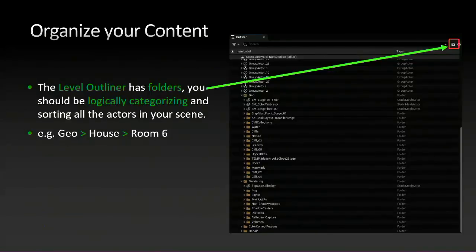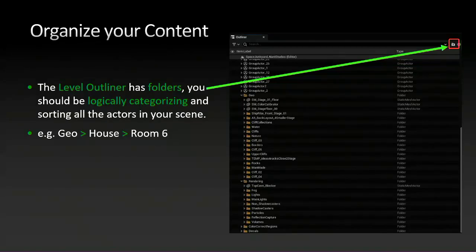Cool. So first we'll talk about organizing your content. We'll just cover this as a basis to start with before we get into more technical stuff. Because as you're working on your scene and adding more and more static meshes, more lights, etc., you're going to find it starts getting quite complex, and the World Outliner, which is part of the editor and you've probably seen before, is going to start getting quite full of stuff. But you have folders, and you can put folders in folders,